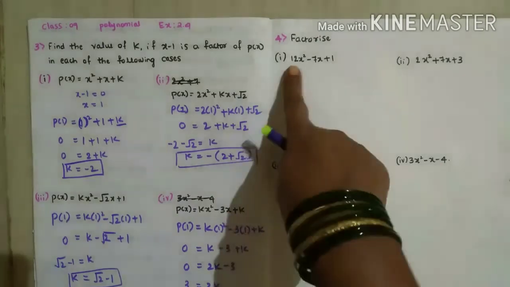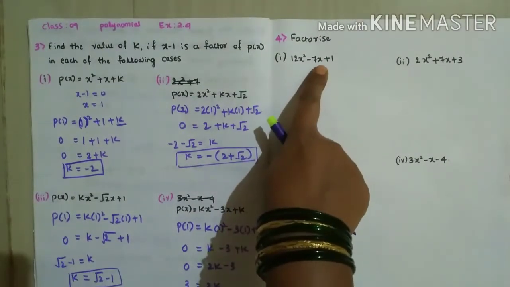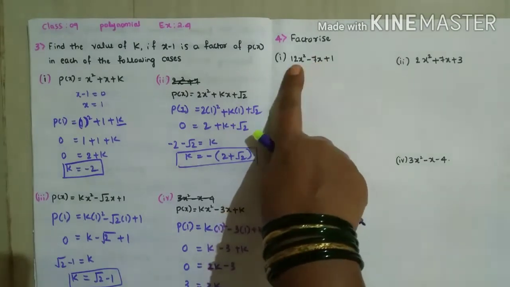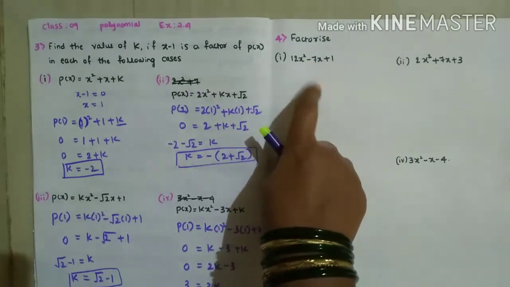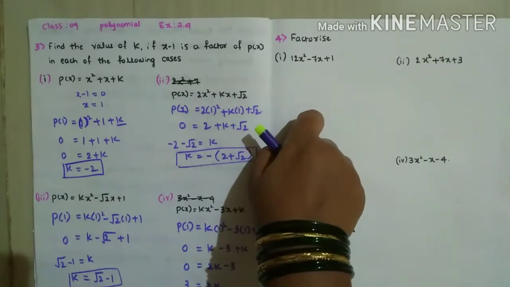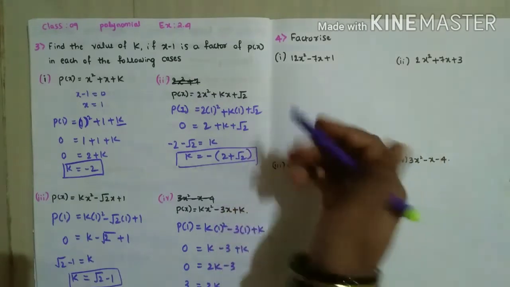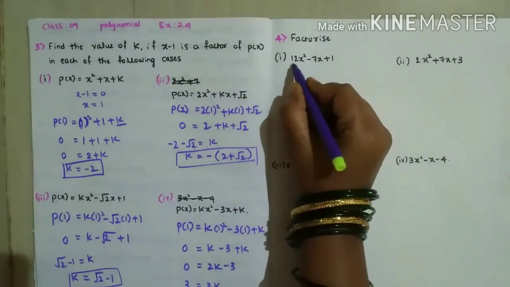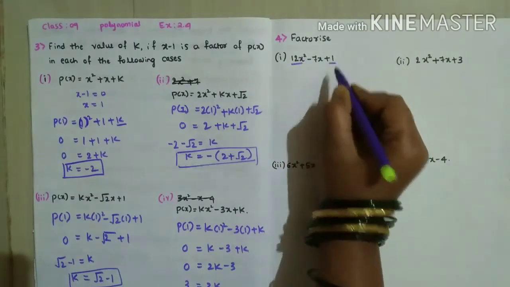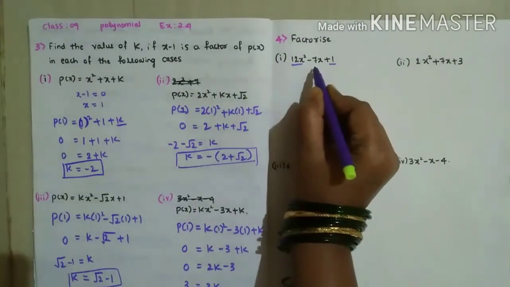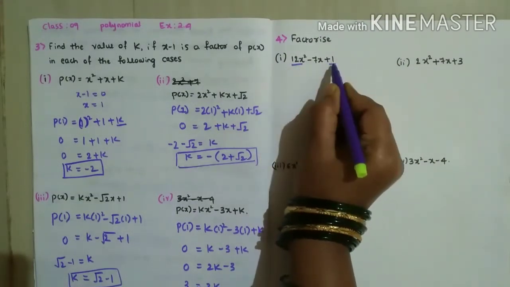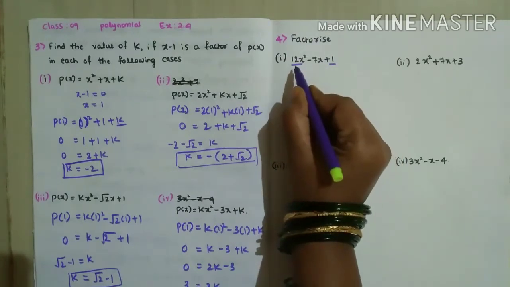Here actually only 3 terms are there. We have to make these 3 terms into 4 terms and take the common factors and factorize it. So we do it by the splitting the middle term method. For that, you have to multiply the first term and the last term, always with the signs.